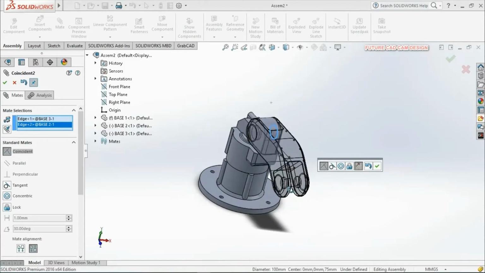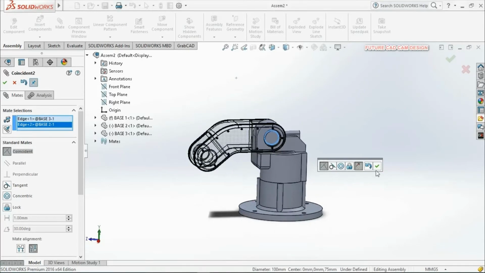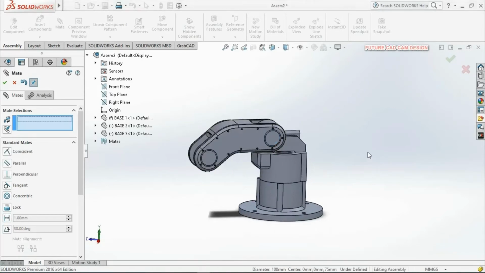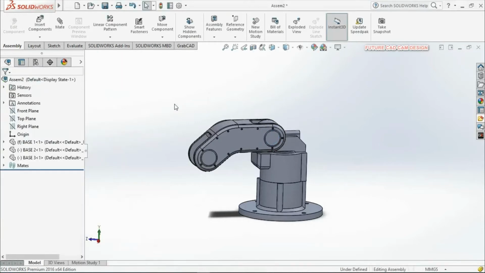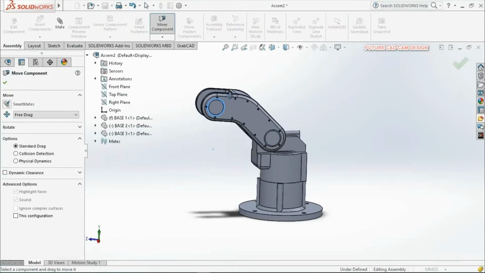So you can see now this one gets constrained. Using the move command we can move our component.